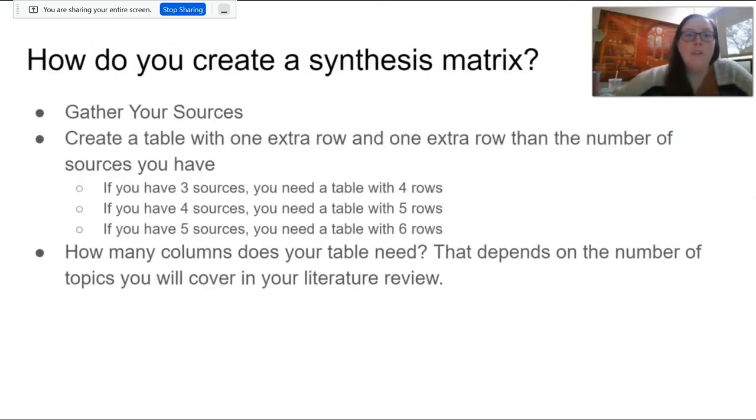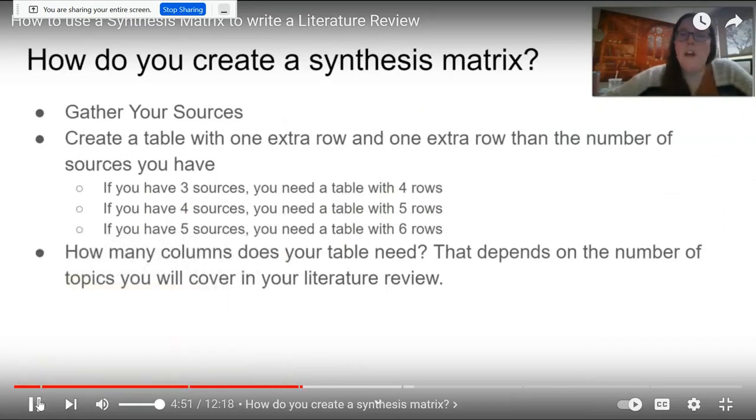Okay. How do you create a synthesis matrix? Which, of course, if you find the gaps, that's the goal. And that might tell you, oh no, there's a gap here. I need to know more about this. So I better go find another source, or I better ask my interviewee about that particular topic that's a gap so I can fill it and see if I can figure out what's going on here.